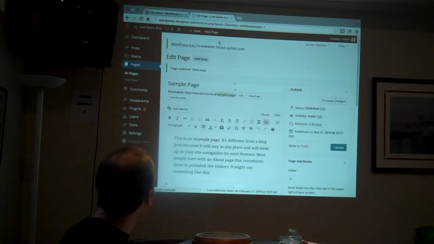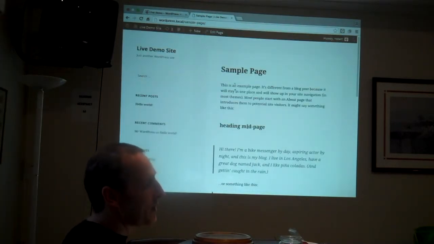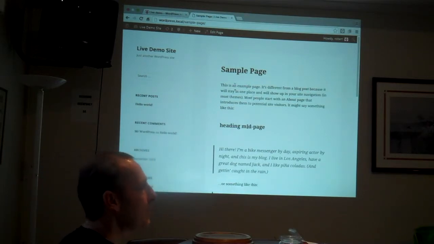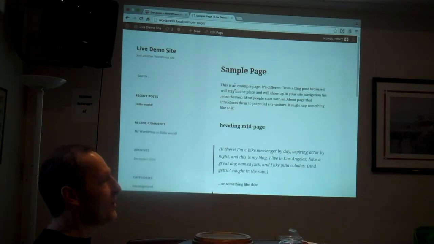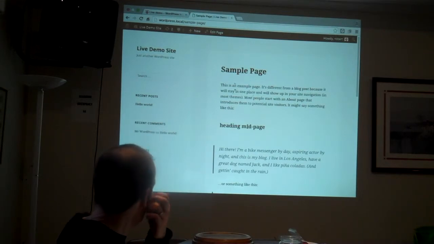So now, I go view that page. That change is live immediately. So when you're working with your WordPress site, you want to constantly be looking at what you did to make sure you did what you intended and that it looks right. Because it's live. I mean, you can work in draft, and I'll show you that in a minute, but assuming